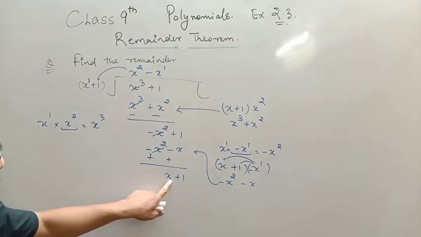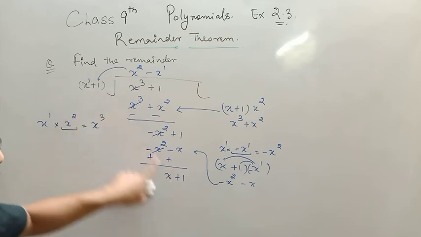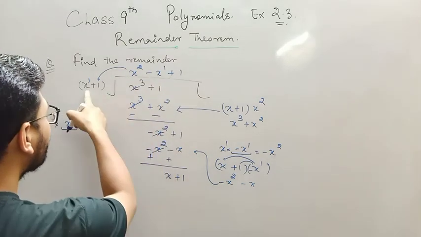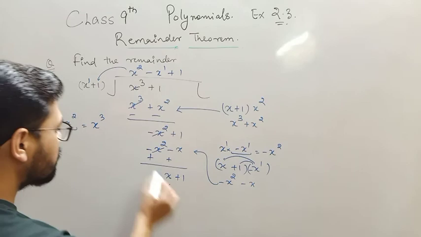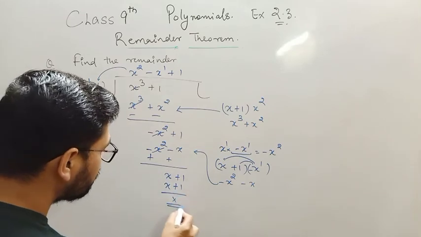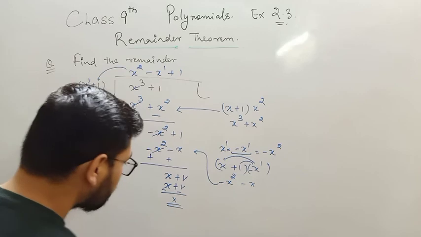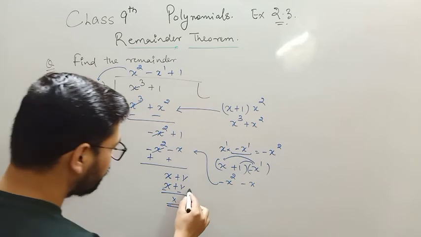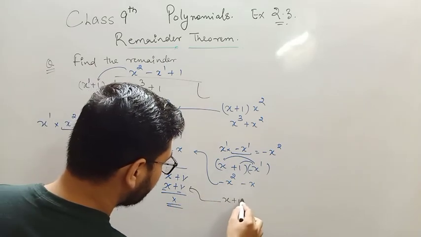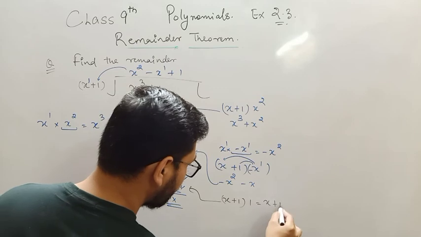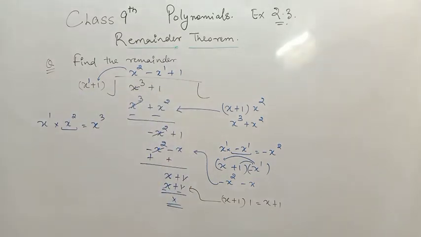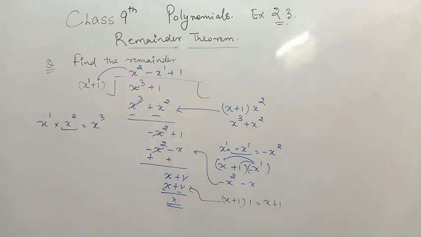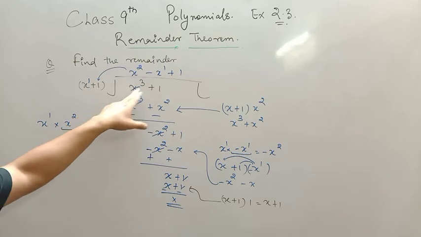Now you can see the divisor is x plus 1 and the remainder is also x plus 1. Now what I'll get? Plus 1. So x into 1 is x, 1 into 1 is 1. What is the remainder? 0. Because these two terms get cancelled out. So the remainder is 0. Sorry, x plus 1 into 1 will give you x plus 1. So in this way you just need to divide x cube plus 1 by x plus 1, and later in higher classes you will learn that x plus 1 is a factor of this.